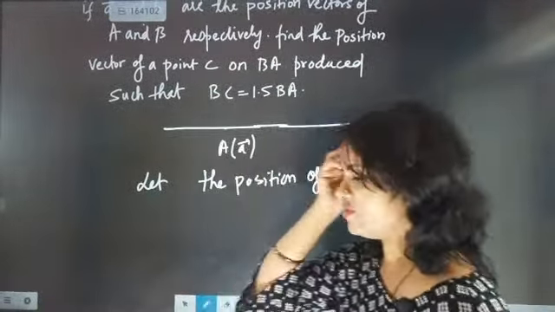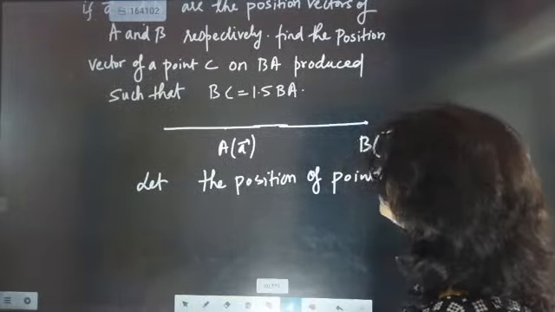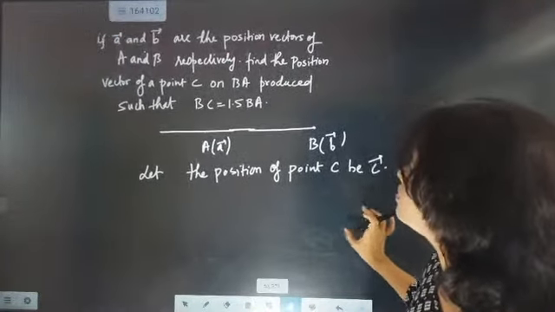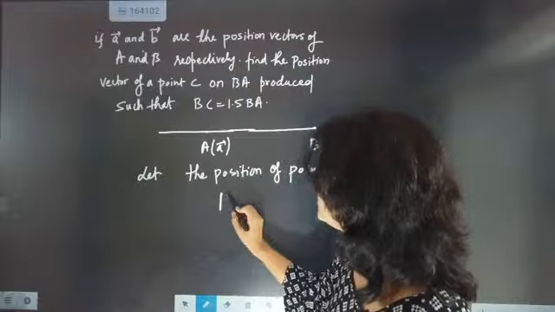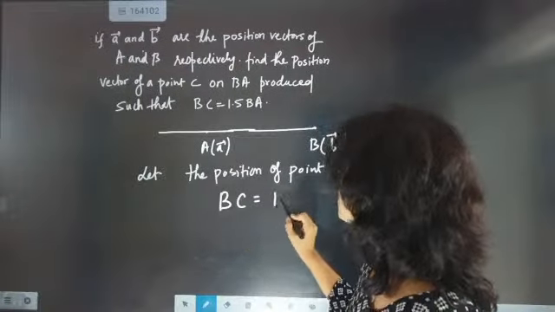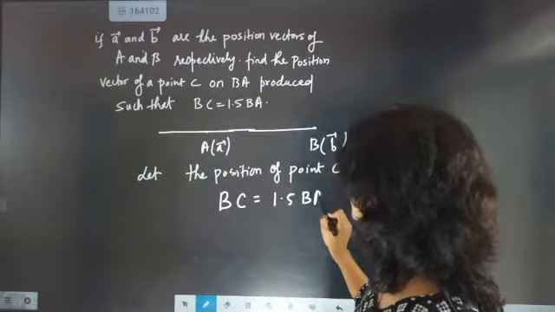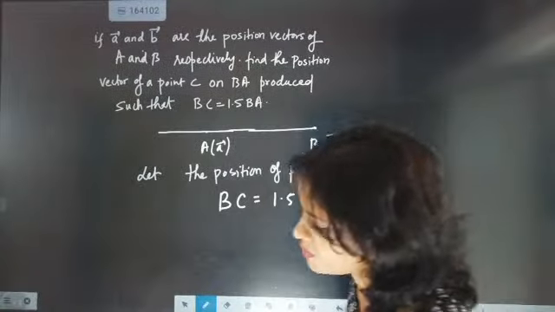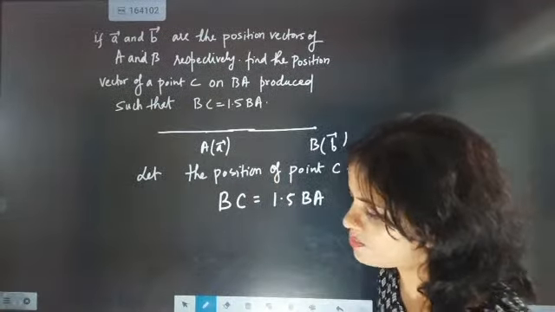After this, what do we have to do? Nothing, no dancing, no here and there. We are exactly going to go to the point of what they have given. Now one thing given to you is BC equal to 1.5 BA. So if BC equal to 1.5 BA is given,